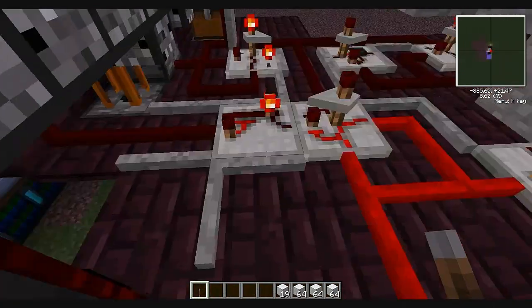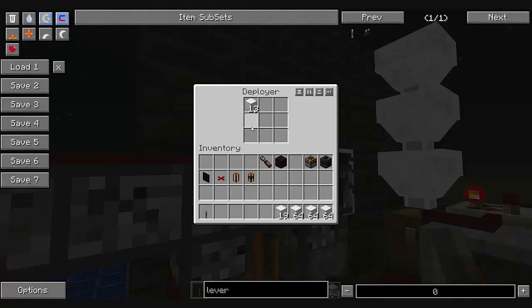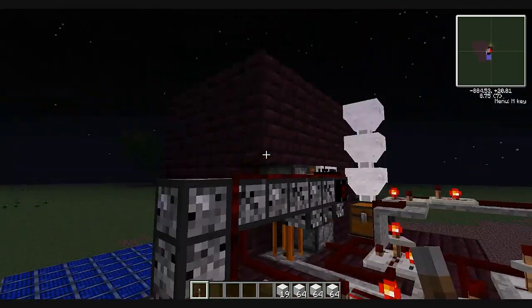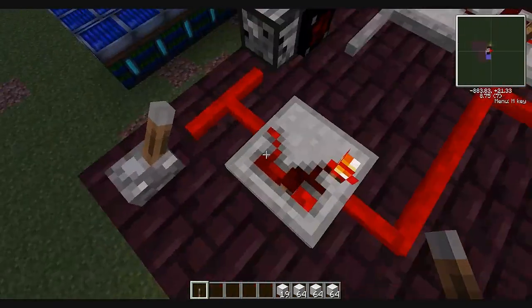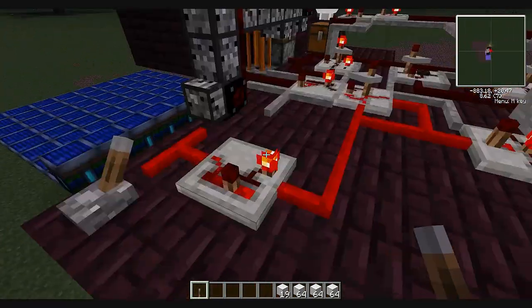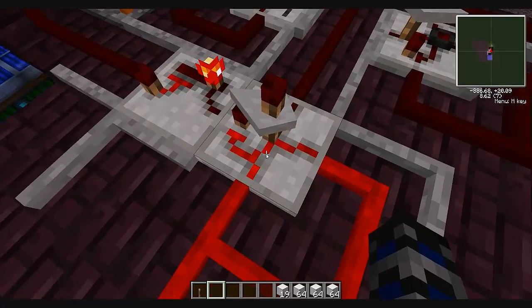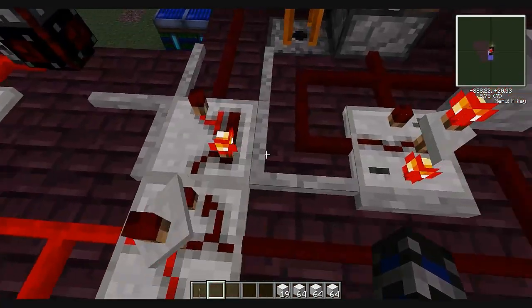Now, the way the wiring works is this: once there's a block detected in here, you could use a lever, but I just did this because I'm lazy. So once there's a block detected in there, it turns this off, so this won't be emitting a redstone signal. It is because I put a lever there. And then this timer will be ticking. It's at a rate of 1 second. It's a 1 second interval. And then it goes,